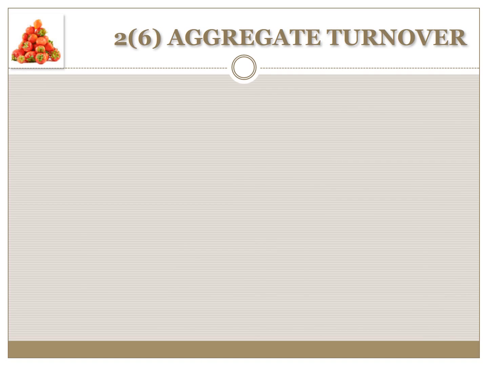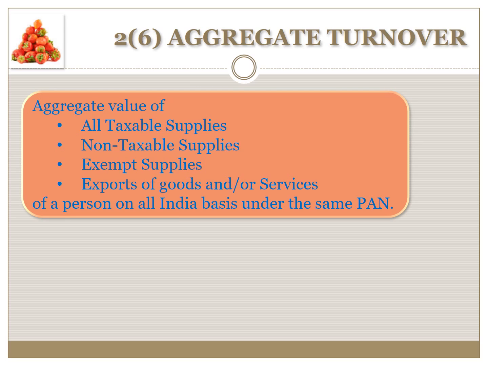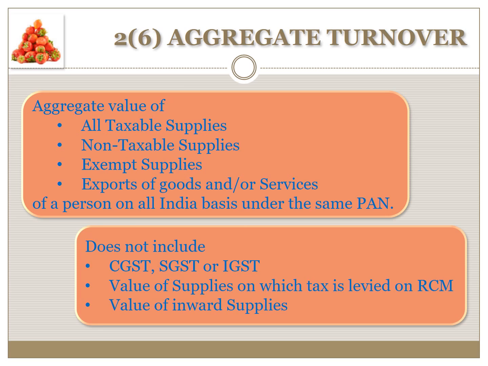Subsection 6 of Section 2 defines aggregate turnover. It means the aggregate value of all taxable supplies, non-taxable supplies, exempt supplies and export of goods and or services of a person on all India basis under the same PAN. However, aggregate turnover does not include taxes charged under the CGST, SGST or IGST Acts,